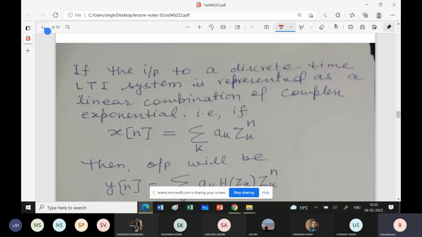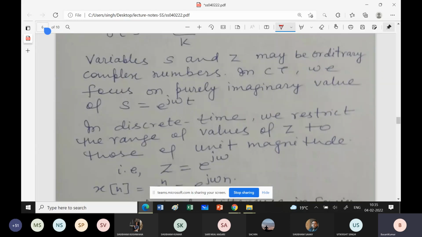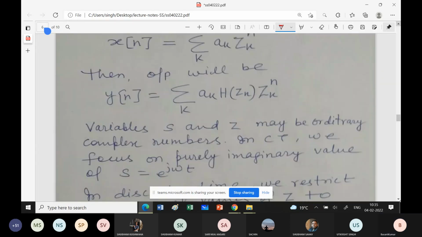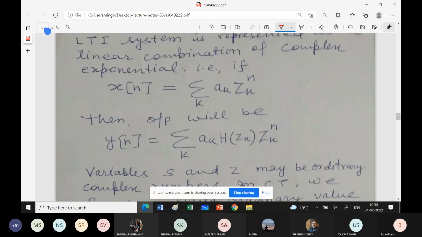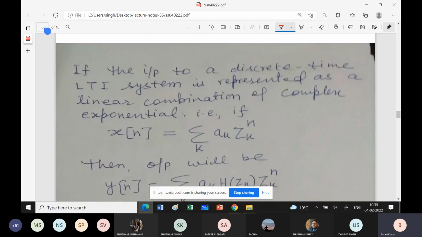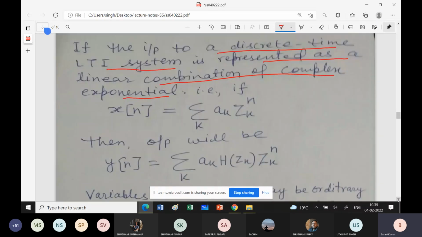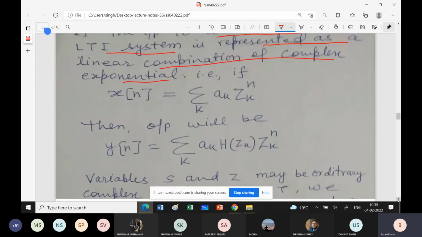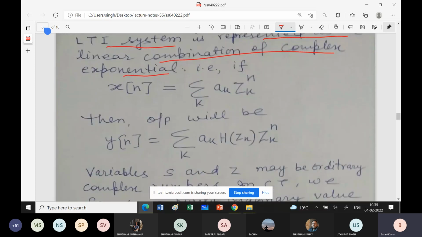So if the input to a discrete time LTI system is represented as a linear combination of the exponentials, यही काम हम फोरियर सीरीज में करते हैं, तो हम देखते हैं कि हम ऐसा कर पाएंगे या नहीं कर पाएंगे।